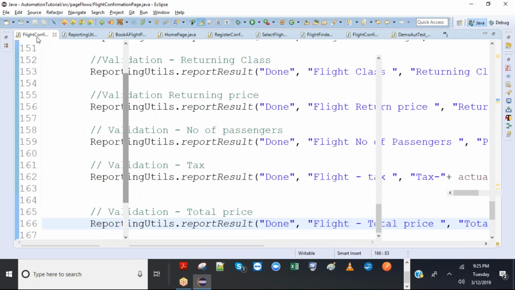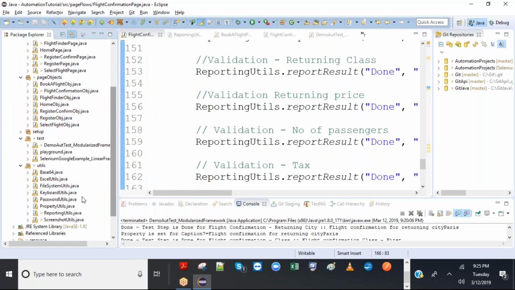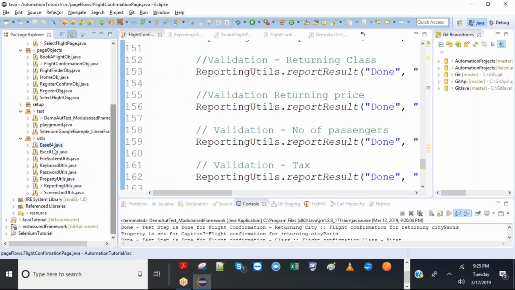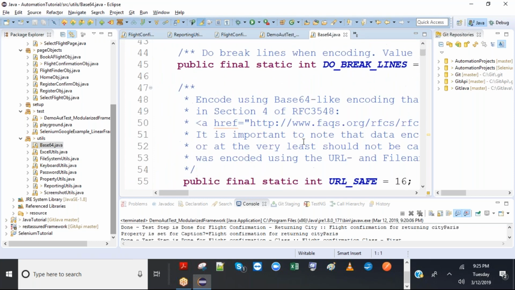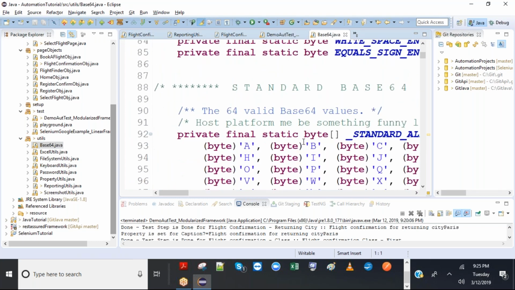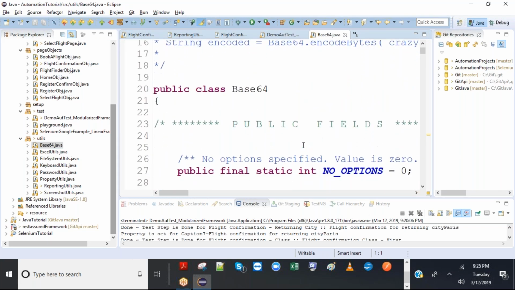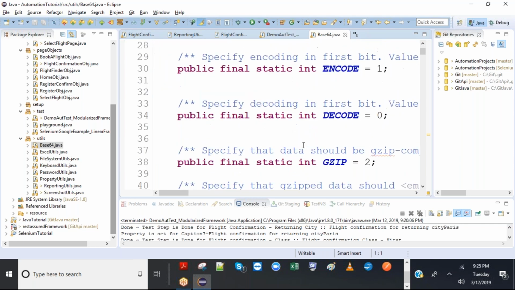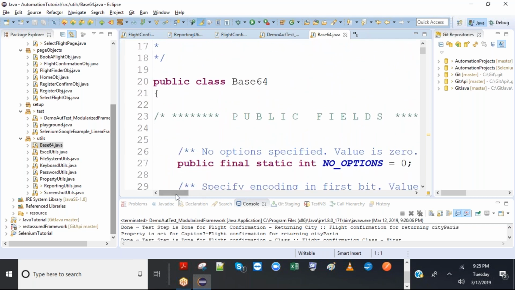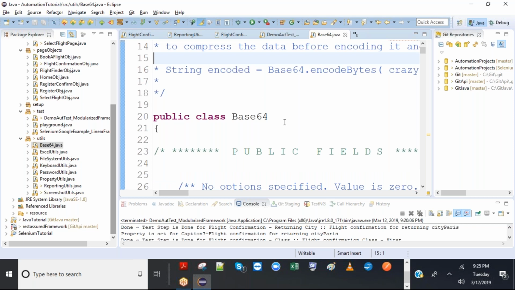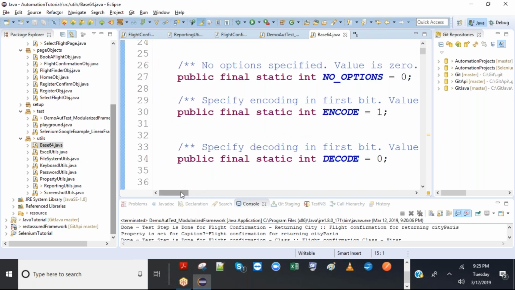As far as the utils is concerned, I created more utils. I'll explain on a need basis. This Base64 util is for encrypting and decrypting. This is algorithmic, and I'm just using a simple, standard algorithm. There is nothing special about it. The algorithm will be Base64. This is to show how you encrypt using which algorithm. It's a simple algorithm.